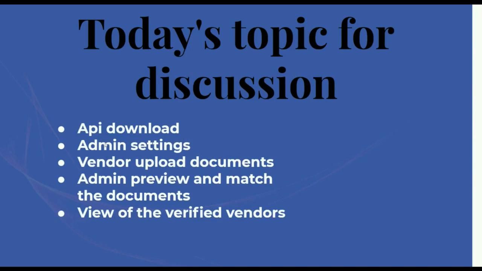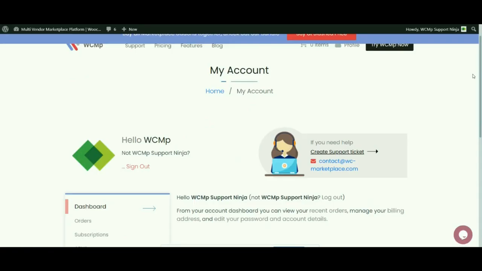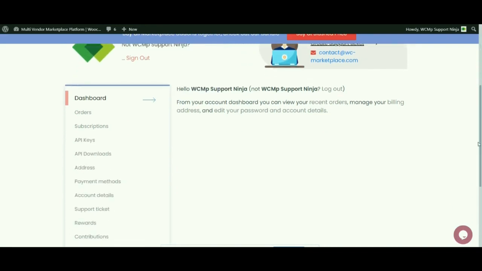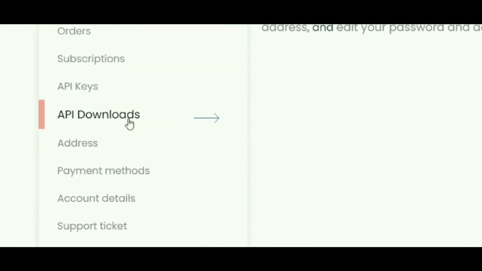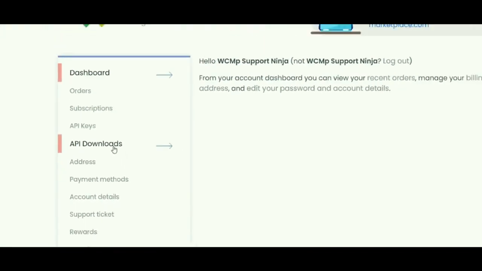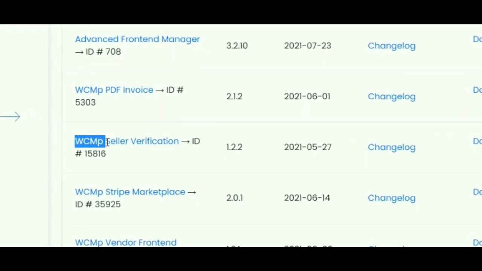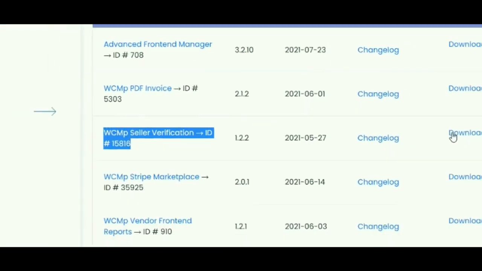Today we will discuss the API download, admin settings, vendor upload documents, admin preview and match the documents, and the view of the verified vendors. Installation of WCMP vendor verification can be done from the My Account page. Once you go to the API download section, from there you can download WCMP seller verification.